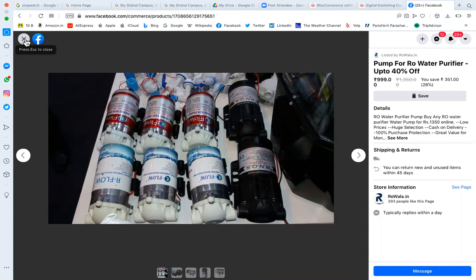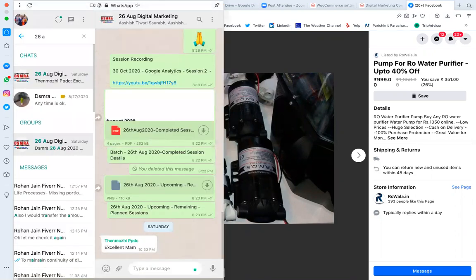How easy is it? It's very easy. WhatsApp payment was like that. When you click on this, you get these options. In the same way, you get the option of payment. So here you can click on payment, give the amount, and do the payment.